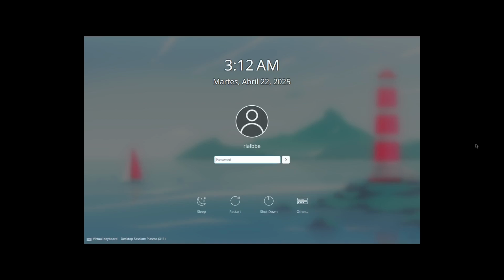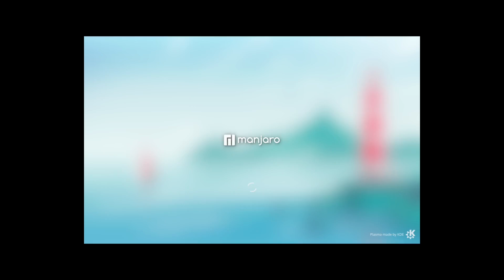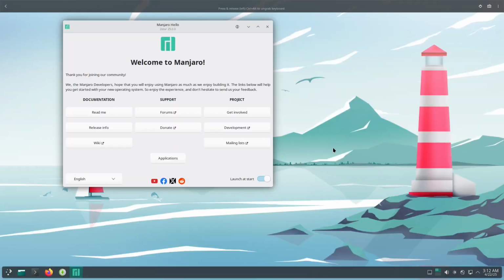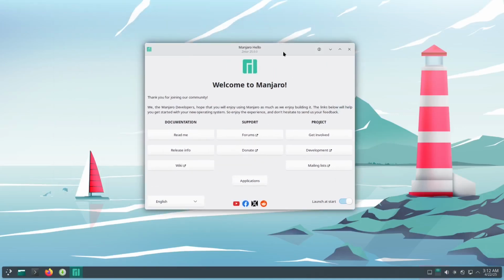So we are now in our initial boot. It will take time. This is the first time we boot from a virtual machine. Oh, okay, that was fast. I didn't expect that one. So let me try to put in my super secret password and then click enter. Okay, it began to recognize the resolution of our display. Alright, so we are greeted with Manjaro Hello Zetar